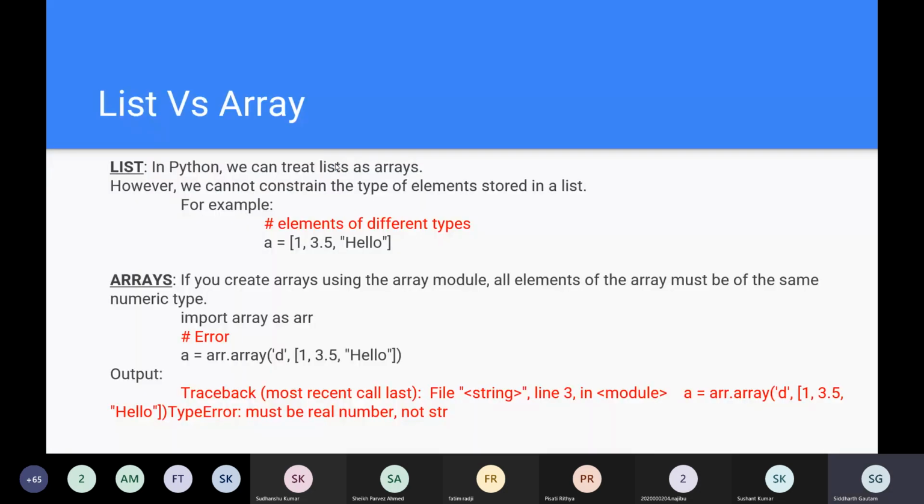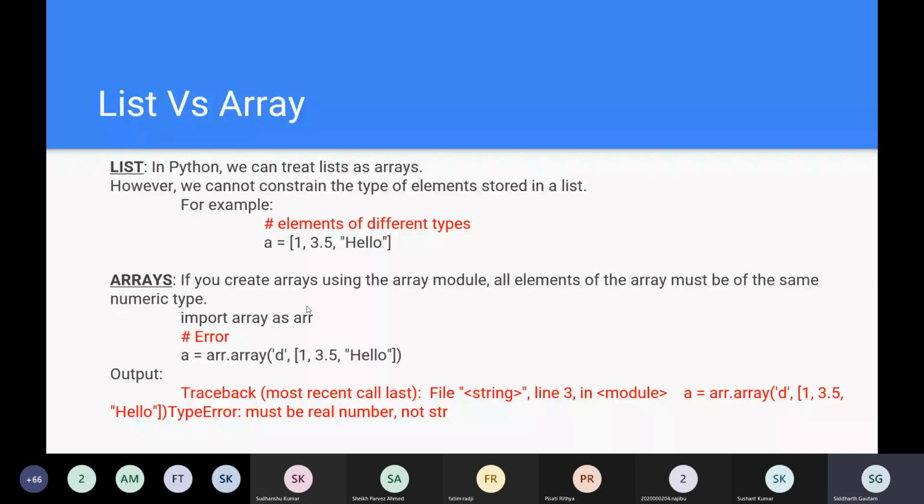The difference between a list and an array is that inside an array, you can only have a single type of element. For example, if you have integers in an array, all of the elements have to be integers. If you have strings, all of the elements have to be strings. But in a list, you can have different types of elements. You can have an integer, a float, a string, another list, and so on and so forth. You can have all data types as elements inside of a list. That's why we prefer a list instead of an array in Python.